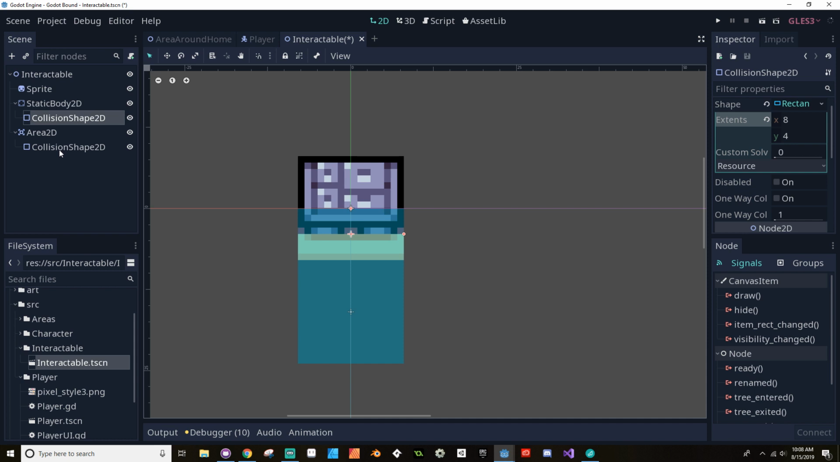Now the Area2D is going to be what the player detects to have just a little question mark pop up, and then if you press an interaction button when that question mark pops up,